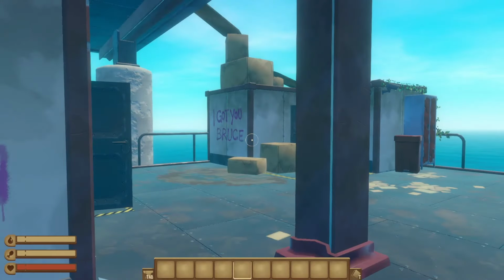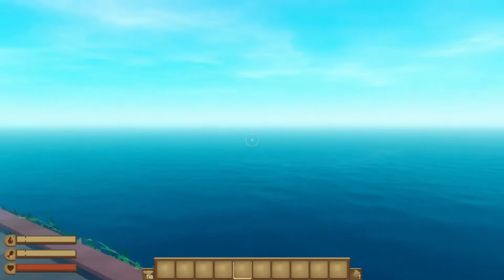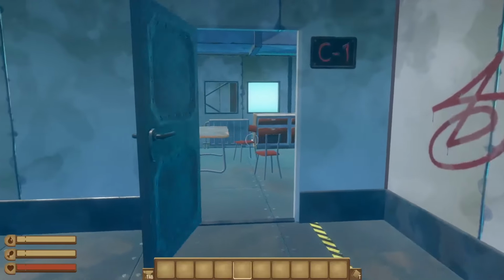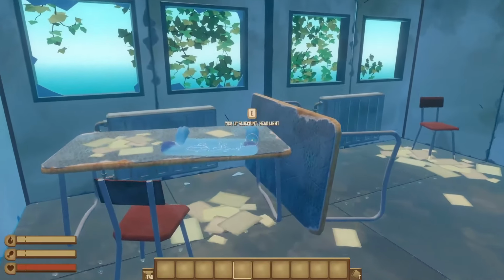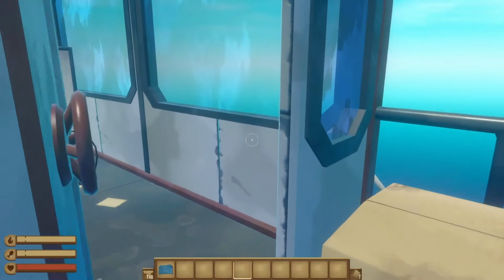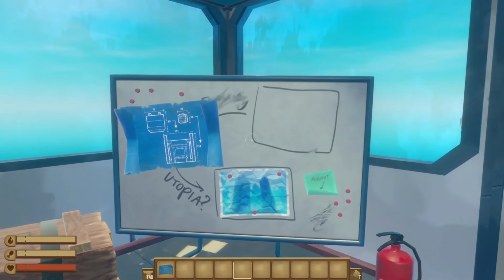There are 3 things to unlock in the radio tower, and it's a pretty small location, so you shouldn't have too much difficulty finding any of this stuff. The first blueprint is for the headlight, which you will find on the second level of the tower over by the notice board. The other 2 things are all the way at the top of the tower, so after a